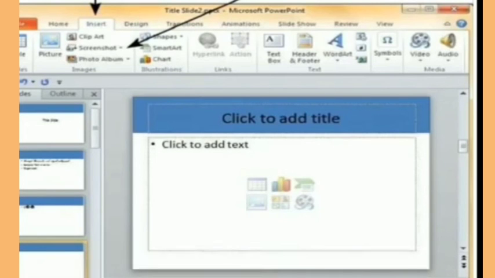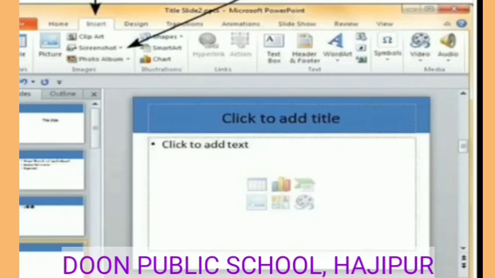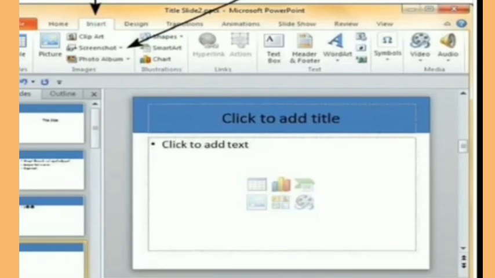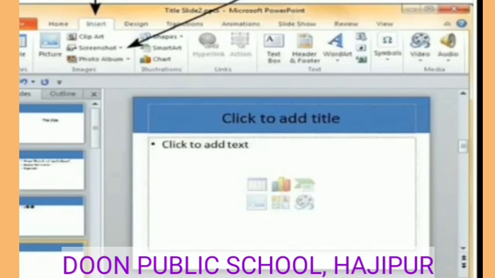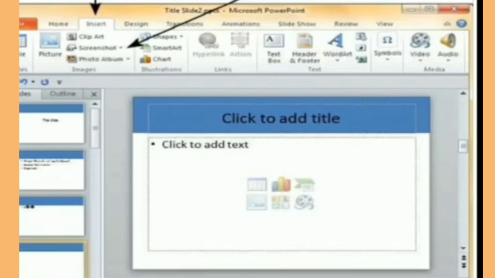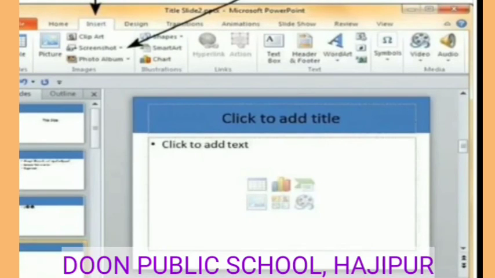Now all of you see on your screen, this is our PowerPoint window. Here we have the Insert ribbon, which has various groups through which you can insert different types of items in your presentation.